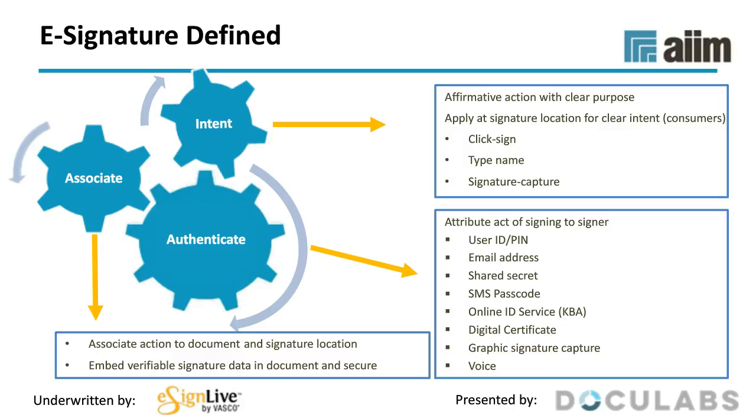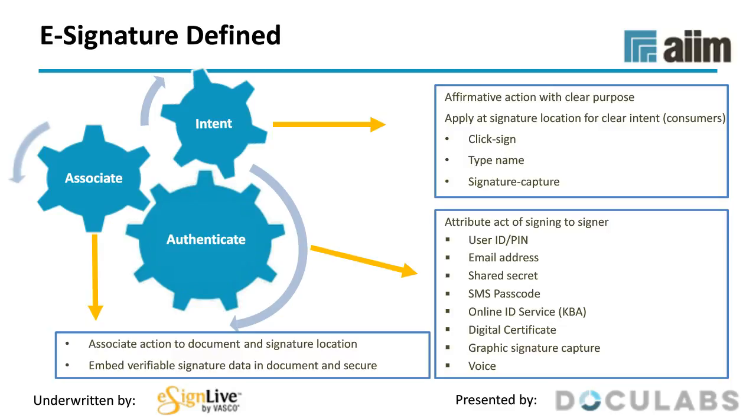So from this definition, we can break down the components of an e-signature like this. First we have intent. And there are many options for capturing intent in the digital process, right? You can use click to sign, or you can capture a signature image on a tablet. Now, the law doesn't care or prefer one over the other. Whichever you choose, you just want to ensure that you build an e-sign process that clearly captures signer intent. So the click here to sign buttons used should be conspicuous, and the placement of signature cues in the document becomes super important.